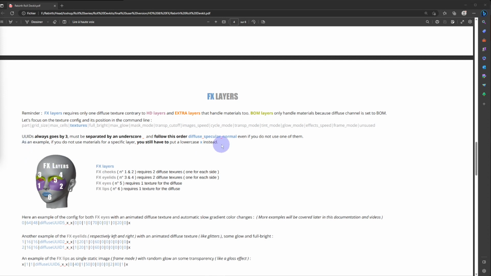On the one hand, we will always refer to the trio diffuse, specular, and normals. In this order, and even if you do not want to use them or are not allowed to use them because it depends on the category of applier that you want to create, I specify on the other hand that the FX layers here only manage the diffuse channel, not the materials, so not specular and normals.